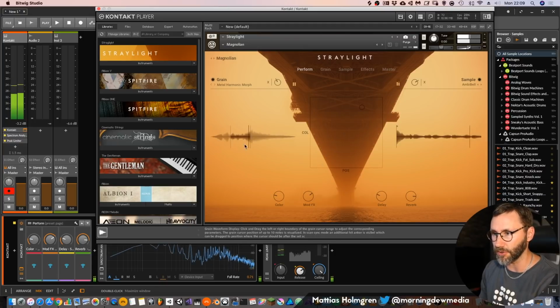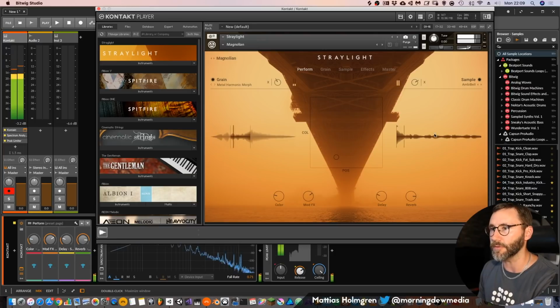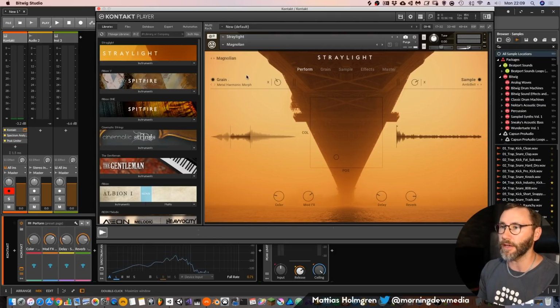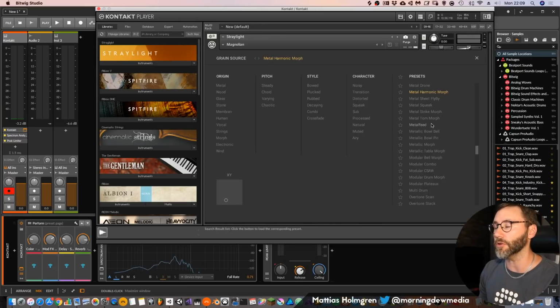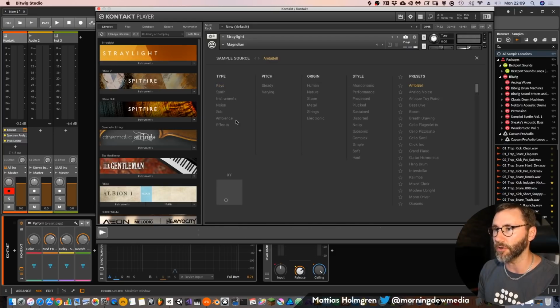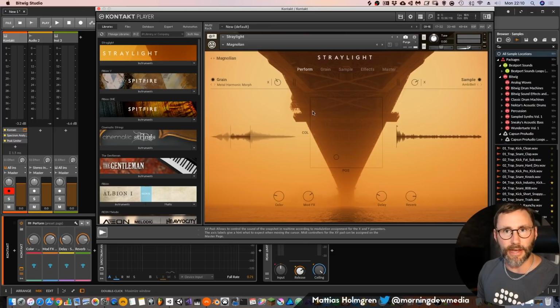This is actually the position of this left oscillator, or in the sample, and we have the position for this second sample too. Okay, so we can see here that we have two kinds of oscillators. We have the left one, which is the grains, and the right one, which is called sample. And if we press either of these, we can bring up a menu to load different samples for the grain source, and we have tons of different origin categories. And then we have here in the samples, we also have a selection of different samples. So this Straylight engine is mixing a grain engine with a sample playback engine.